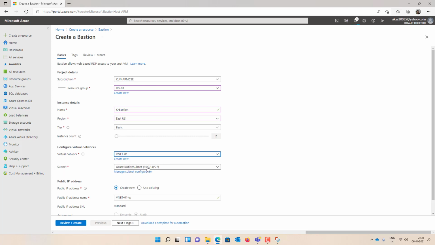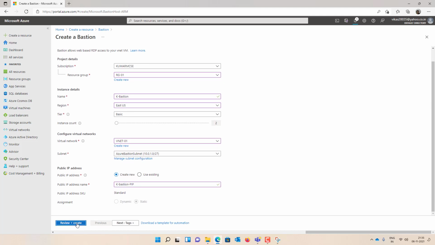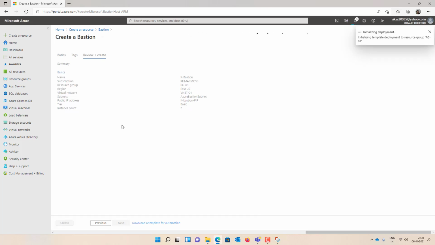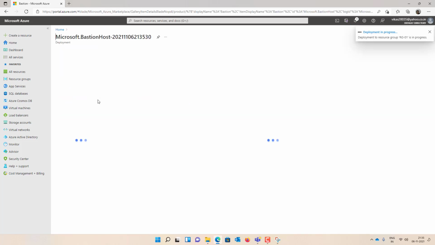So automatically it picked your Bastion subnet and the public IP. Kumar Bastion public IP. Review and create. So this will take 5 minutes to deploy this service. So meanwhile, I'll pause this recording here, and once the deployment is completed, we'll resume and we'll see how we can connect this VM with Azure Bastion service.